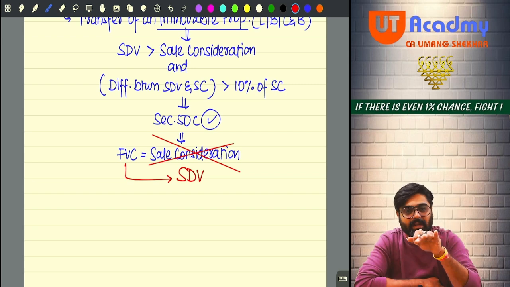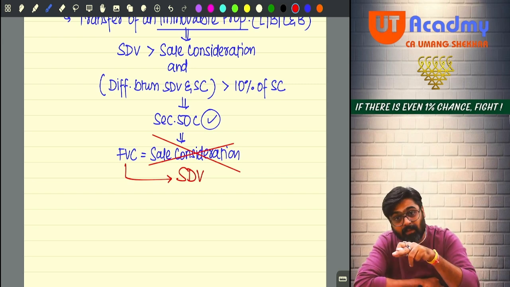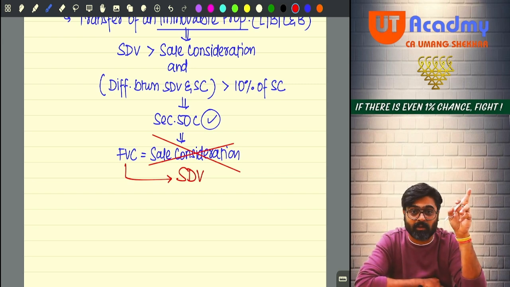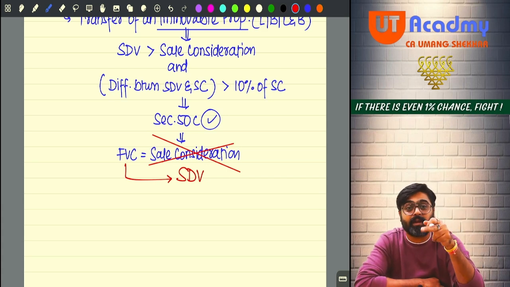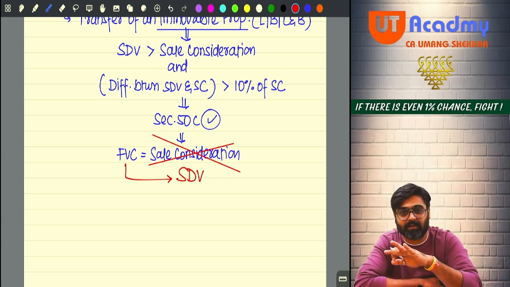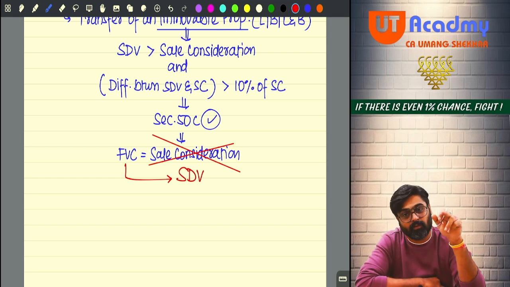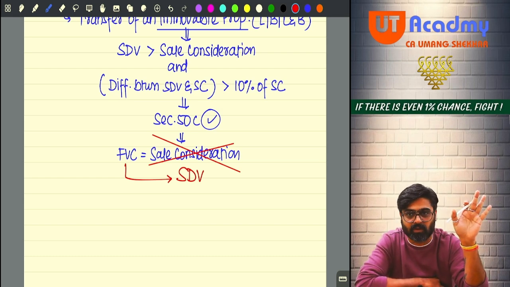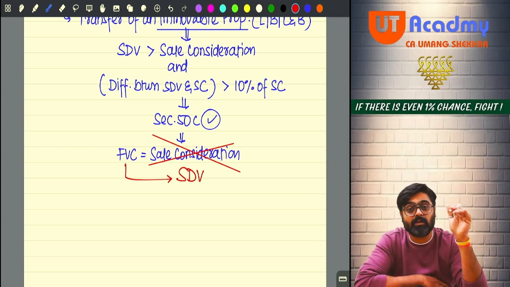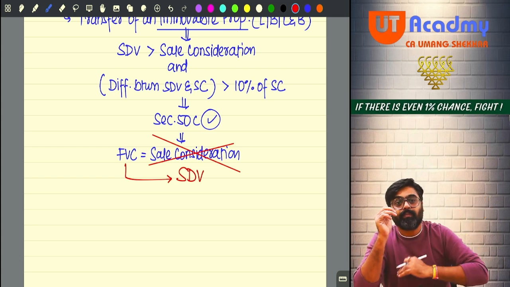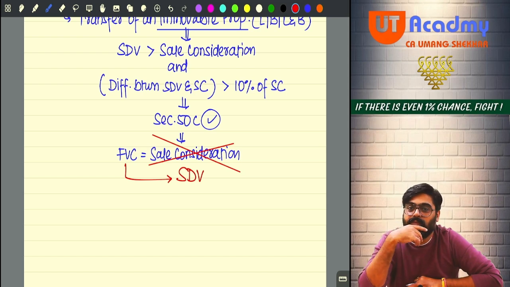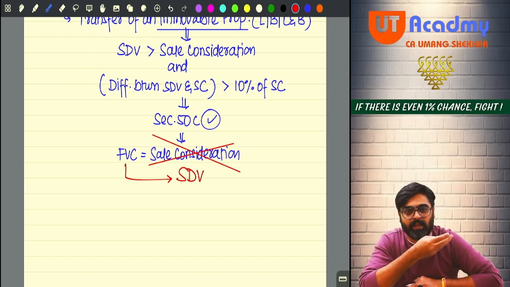This particular transaction which I am talking about right now will happen in the case of stock in trade properties also. But right now we are talking about immovable properties which are capital assets. So what if the immovable properties are held as stock in trade? For that also I will have a discussion with you. Don't worry. The builder was telling me, sir, pay 50 lakh rupees. So I said, okay, 50 lakh is fine with me. The house is nice, so I would be buying it for 50 lakhs.